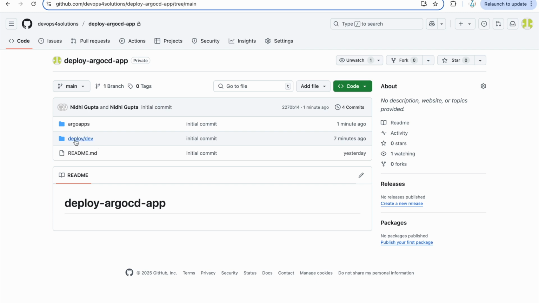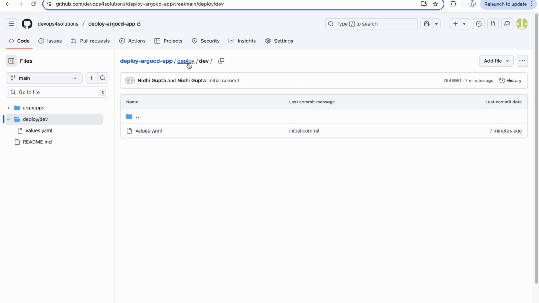Okay, so here we have created this folder called deploy, and under that you will create multiple folders for all your environments. Right now I just have dev, and you can have test and prod because the values file will be different. And if you have multiple microservices, which would ideally be the case, then you can create more folders, right?